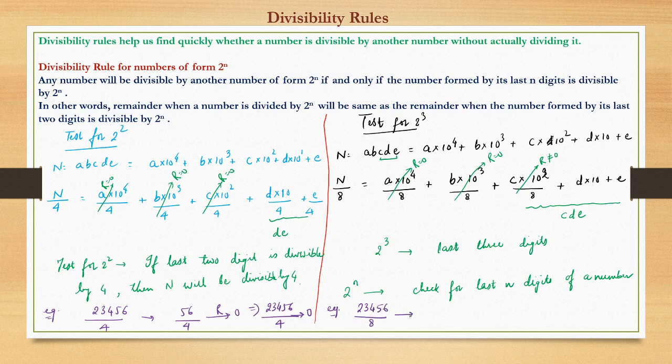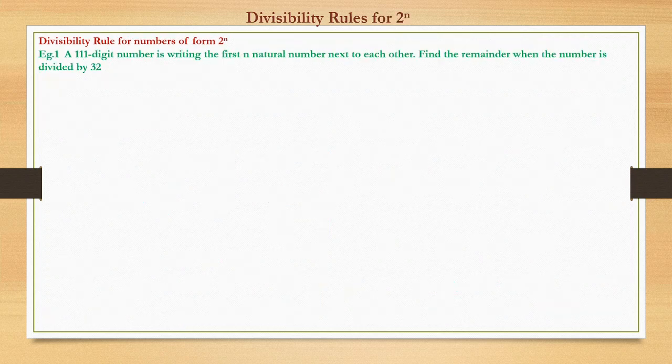Now to check the divisibility by 8 we'll just check the last three digits. What is the remainder? 8 5 is 40, 8 7 is 56, so the remainder again is 0. So this implies 2, 3, 4, 5, 6 by 8, the remainder would be 0. This is just a sample illustration. We will see much more complex examples going forward.